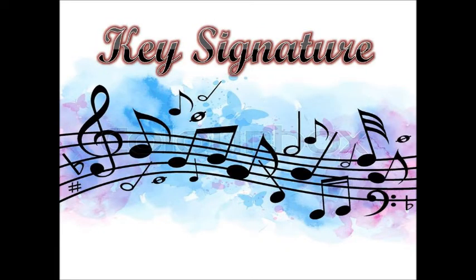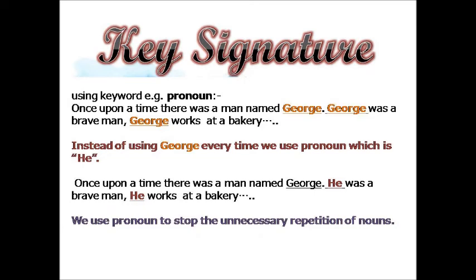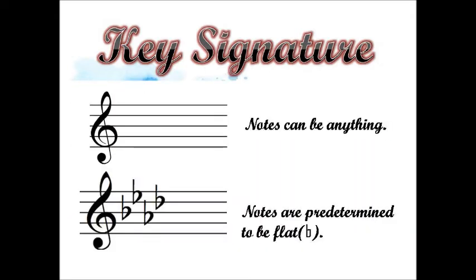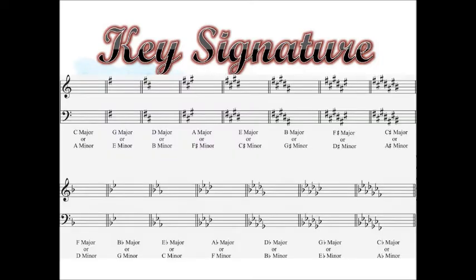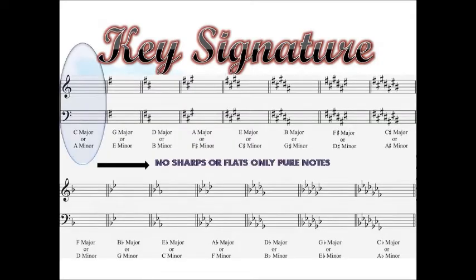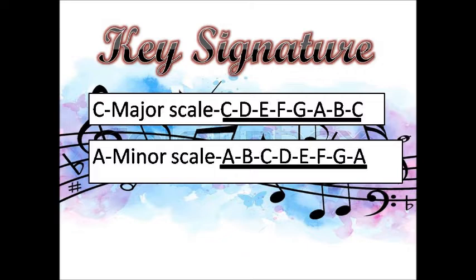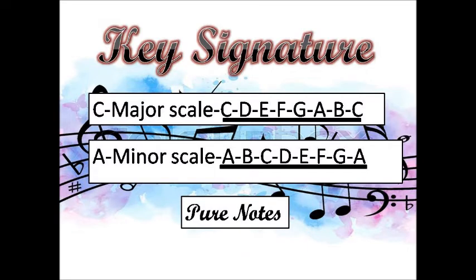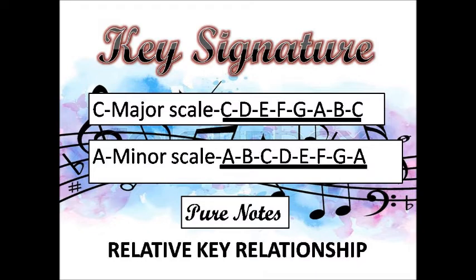Now, to understand the next relation, we have to understand the term key signature. Key signatures are just like keywords. Keywords are those words which are used more often, and for that we don't have to search every time. We will understand it by looking at the keyword. Similarly, the key signature on the staff will identify the notes, in order to eliminate the repetition of the same note every time. With that, a major and minor scale that have the same key signature fall under a relation having the same relative key. So in music terms, A minor is the relative minor of C major.